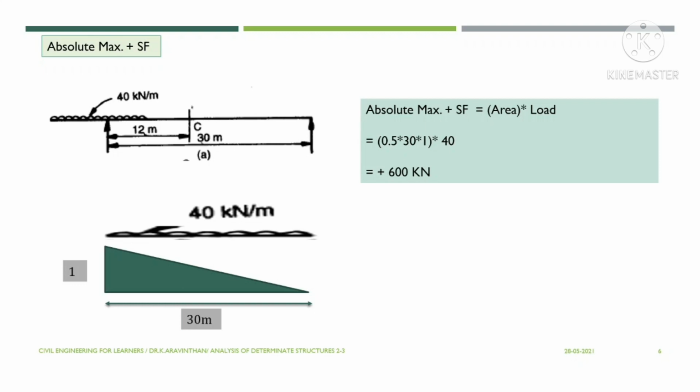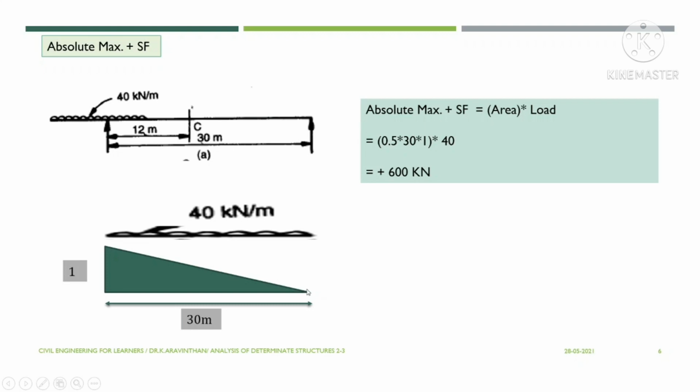Now if you need the absolute maximum positive shear force, that is, whatever the place of the load might be, I need the maximum shear force of the section. In this case you have to place the load just right hand side of the support. So this is the point A. If I place it just right of the support, I will have the load throughout the span. This is the support reaction RA. So now if I take the support reaction RA, the maximum reaction RA will follow this pattern.